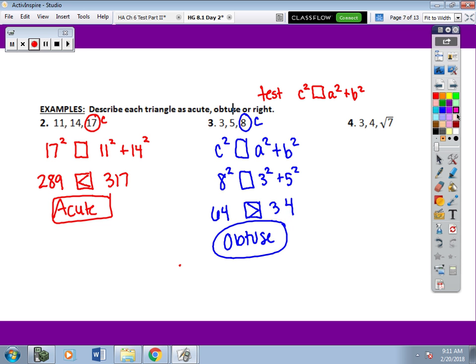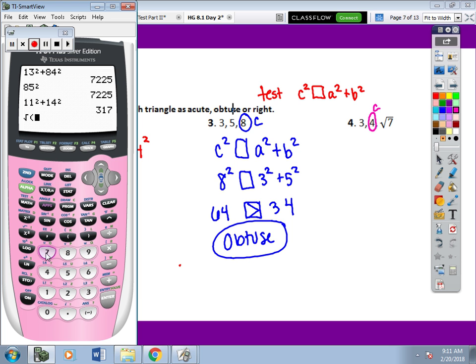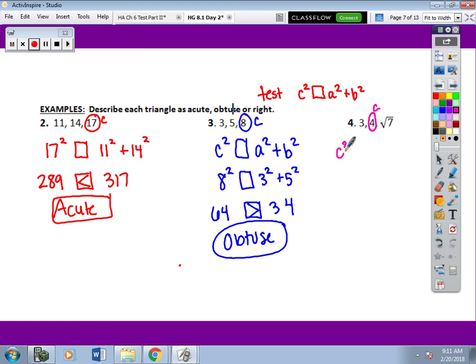Now for our last one, what is the biggest number? 4. 4 will be our c. If you're not sure, test out what the square root of 7 is in your calculator, and you'll see that it's 2.65 if you're rounding it. So it would actually be smaller than the 3. So you want to make sure that you identify c first, otherwise the rest of the problem is kind of off. So this would be